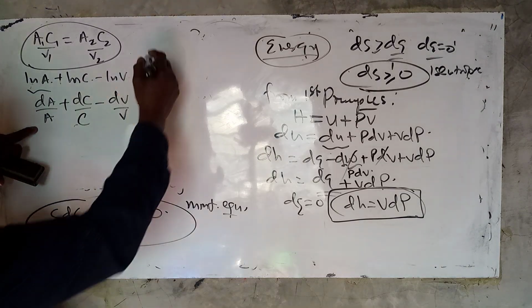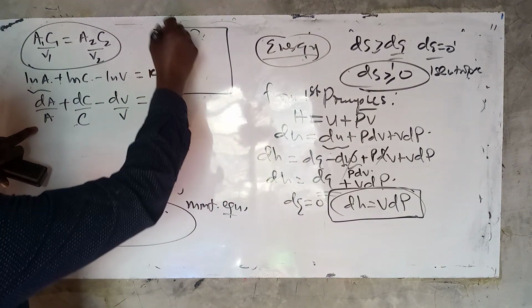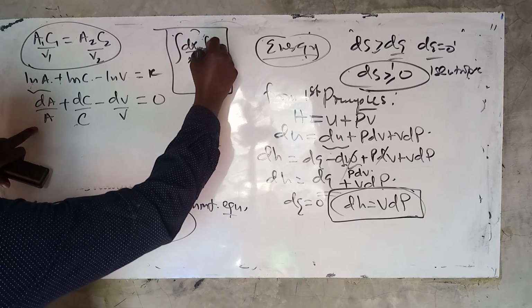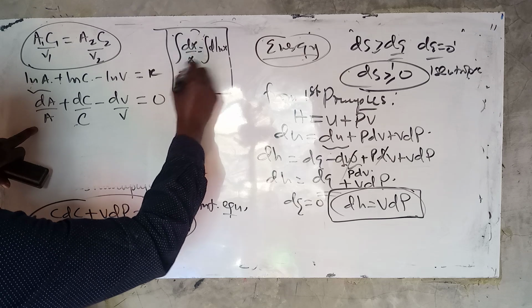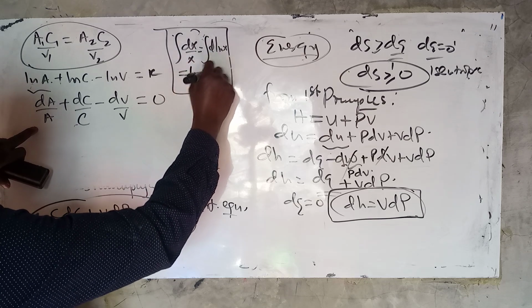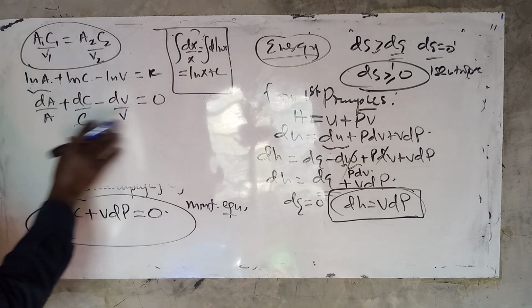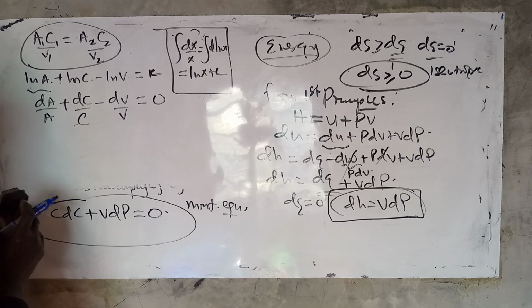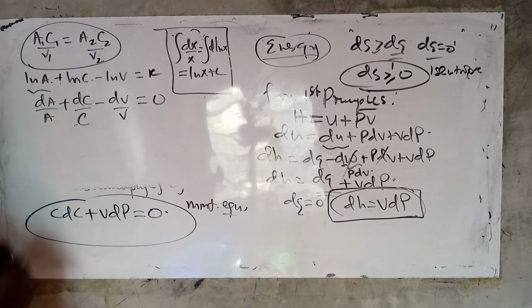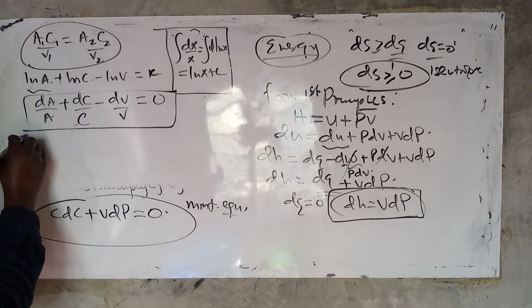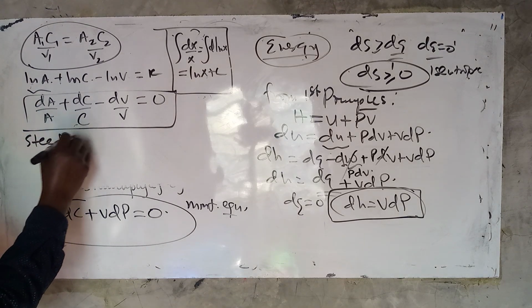Because remember that identity which we have always used, the integral of dx over x is the same as the integral of d ln x, which is the same as ln x plus c. And so, if we take that differential form, we have this particular expression here. Don't forget this quantity here. And also, we had from the steady state expression